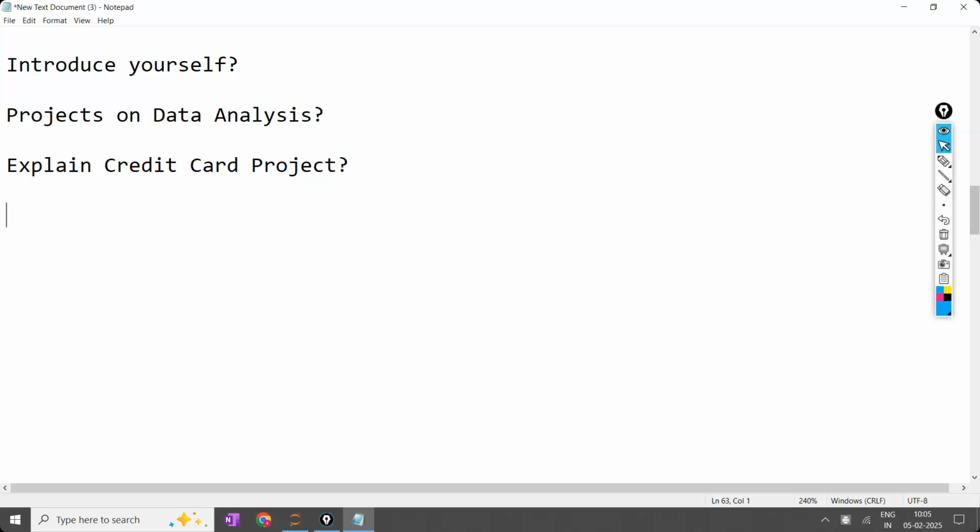Okay. Could you explain what steps you have taken to complete this problem? Yeah. First I get the data, then I transfer that data into Power Query. In Power Query, I clean the data, replace some null values, replace some errors and all the things. After that, I change the data types of the columns. I split the column, extract the columns. That type of work I did in this project. Another, I create some measures.